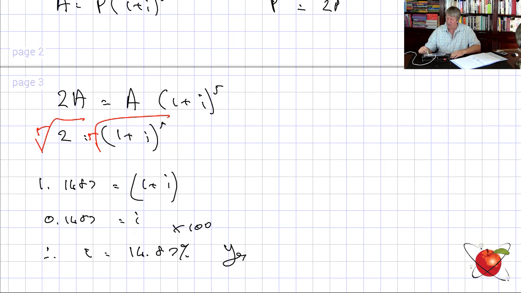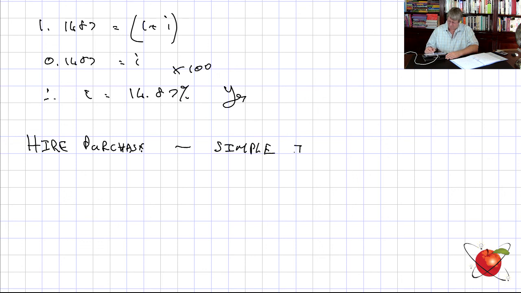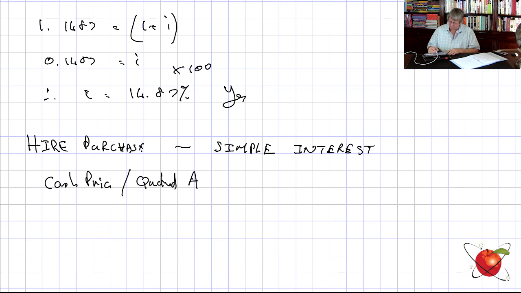Okay. Lastly, the last thing to remember on these is that hire purchase is always simple interest. It's always simple interest, right? Always remember this, that you've got your cash price or the quoted amount, or the ticket price. I've seen that as well. The ticket price less